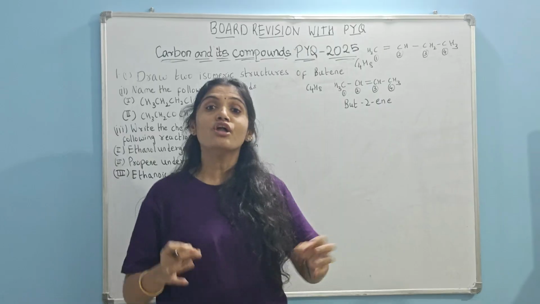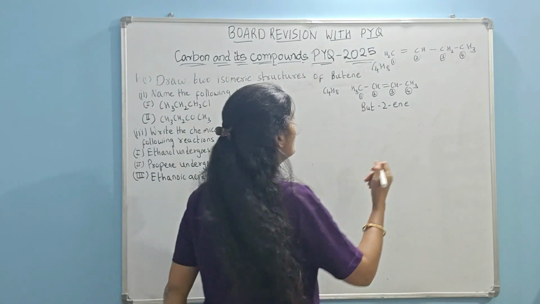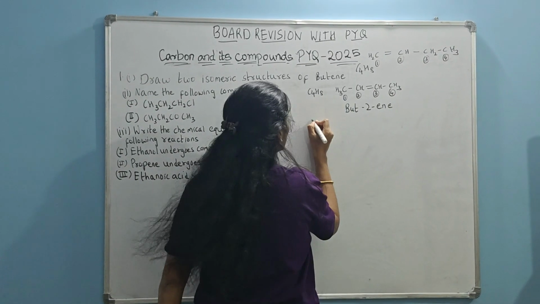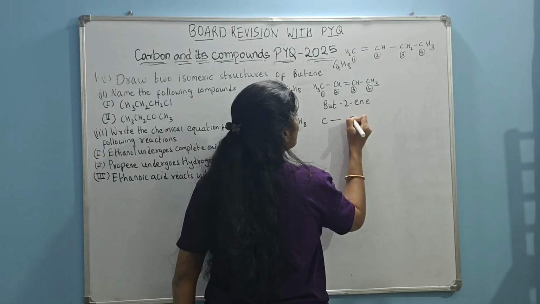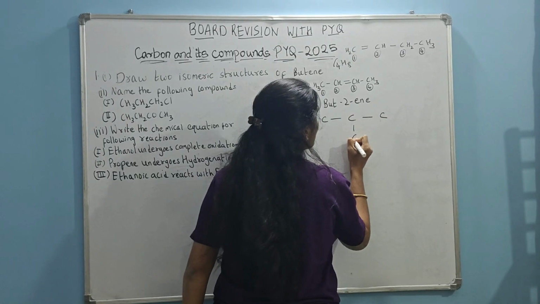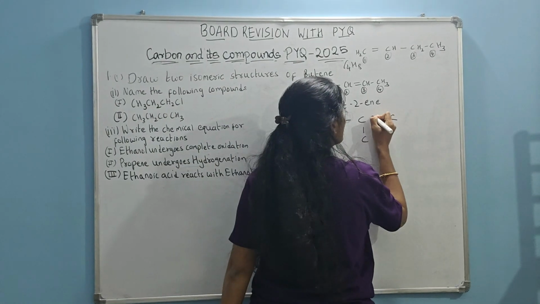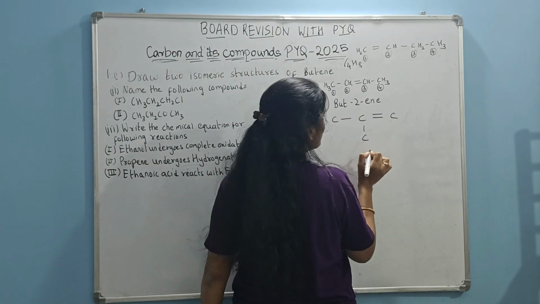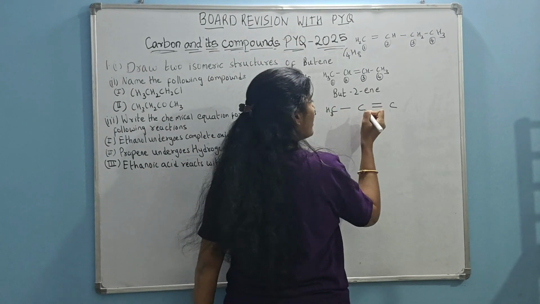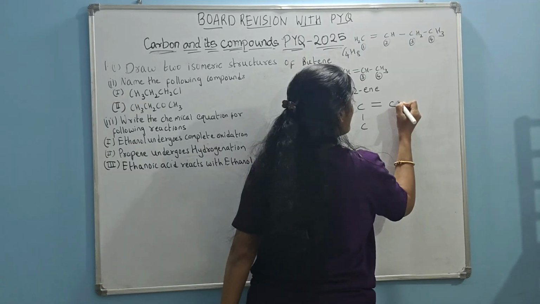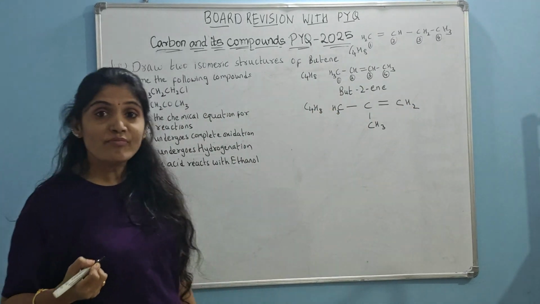So let me try changing the carbon skeleton, putting one carbon as a substituent. It should still remain C4H8. I can take 3 carbons in the main chain and put the other carbon as my substituent. Now I can put my double bond here and fill in the hydrogens. Here 1 bond, so I'll get 3 hydrogens. Here already 4 bonds are there, so I'll not put any hydrogens. CH2 and CH3.